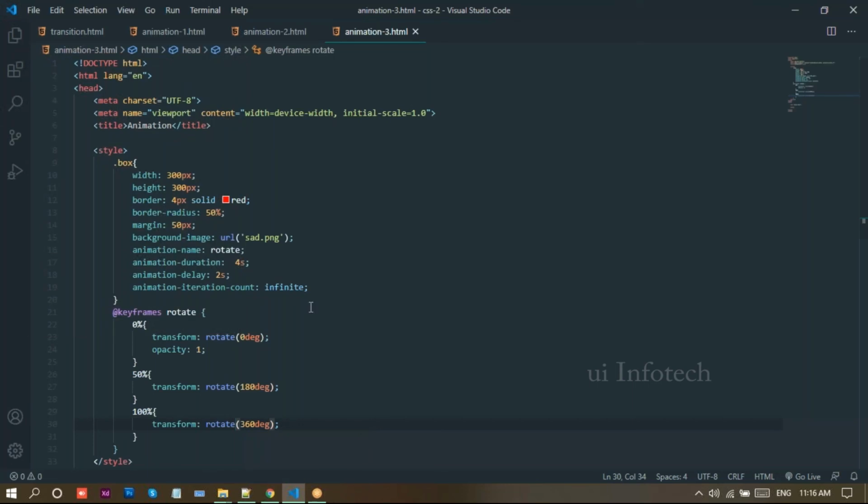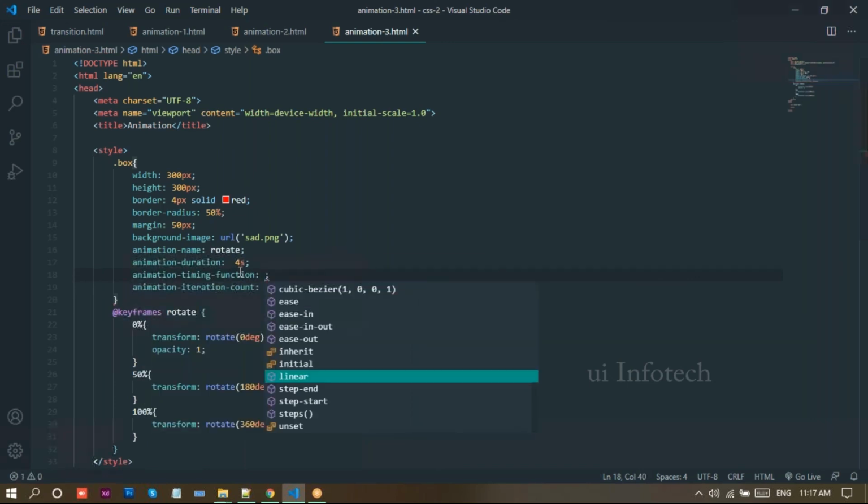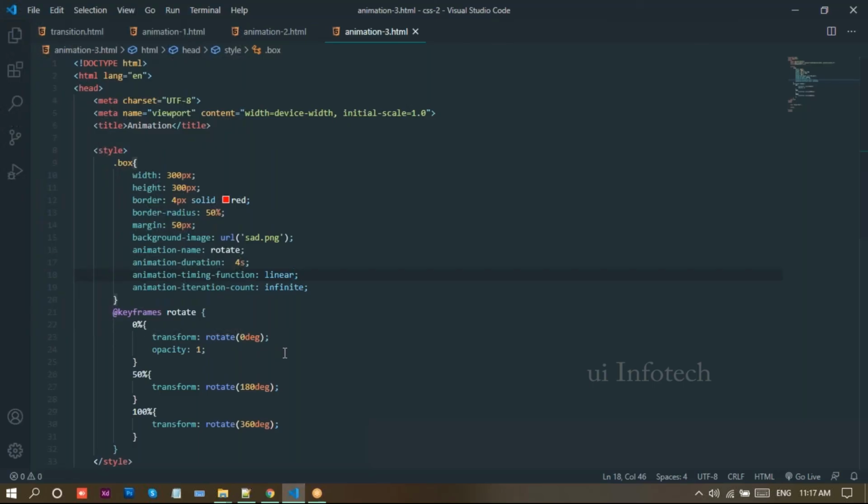See, if you want to rotate continuously, there are these animations, right? I'll remove this delay. I'll write here animation timing function linear. Now go to there, reload this page, like this. So we can rotate the circles using these animations. So this is the code we have. We need to write this